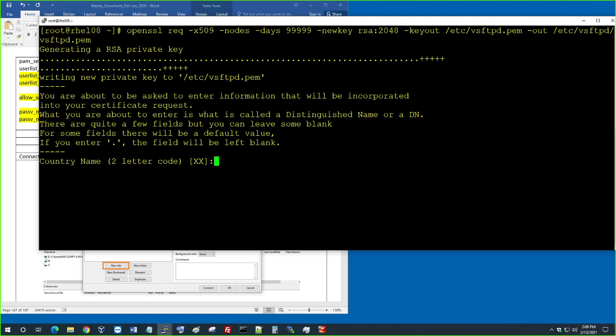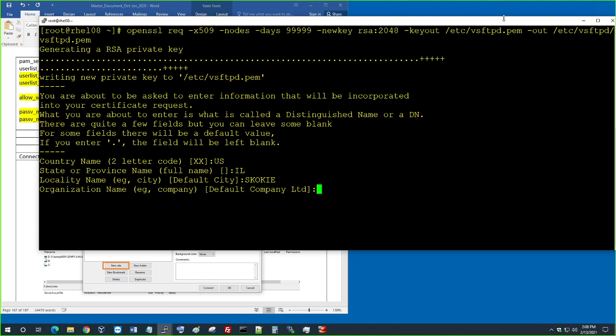So what is the keyout doing? It's creating the key and putting it in two locations. Remember when we did SSH? It has keys in the file. It will have two, a public and a private, and this will be encrypted. I'm going to type the country name US, state is Illinois,